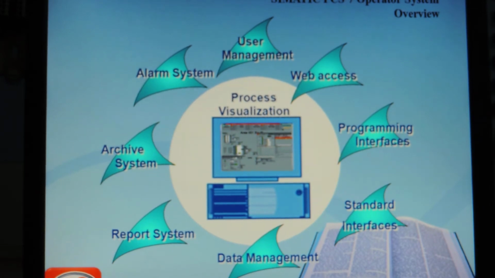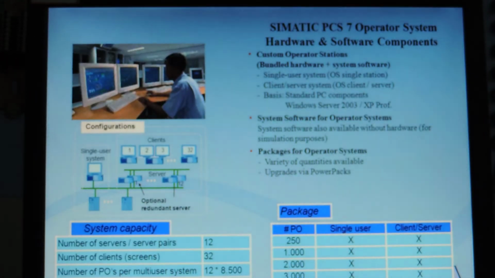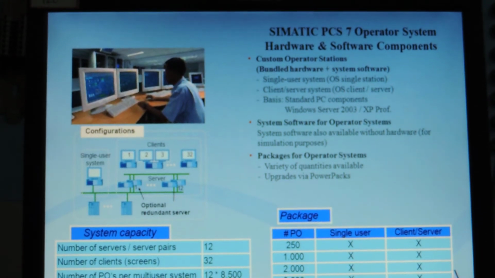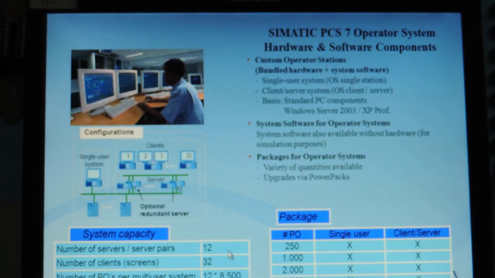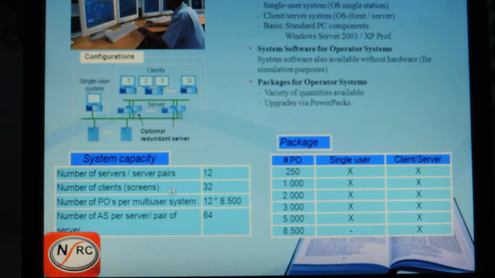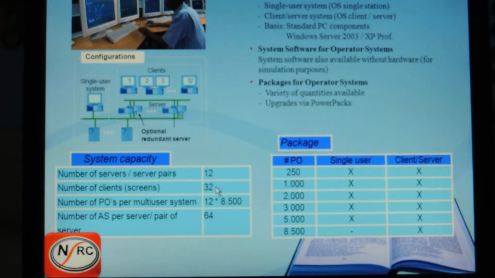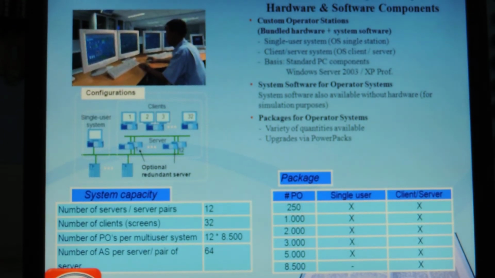Like this we have different types of features, just like in SCADA. See, these are the servers. How many servers can be connected? The number of servers is 12 and the number of clients is 32. These clients we connect by using VGA cards.